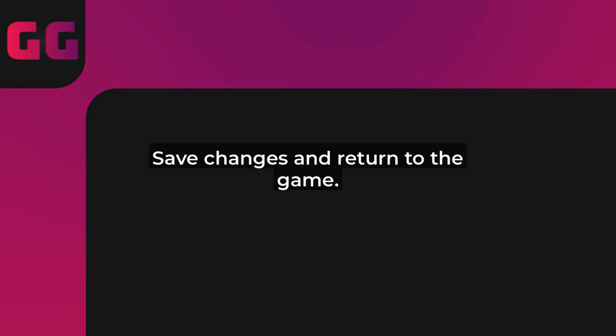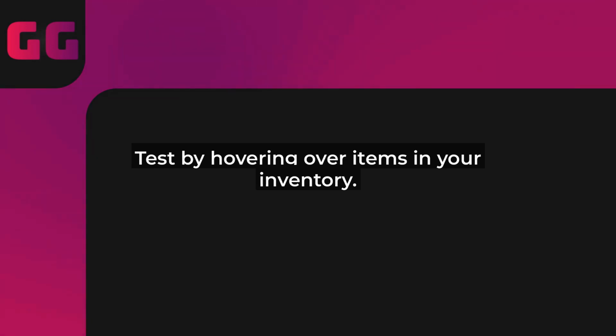To test it out, open your inventory or hover over any item in your hotbar. You'll see a wealth of extra information pop up, like durability, effects, and even lore if it's enabled. Pro tip: if advanced tooltips aren't showing up, double-check that you have the latest resource packs or mods installed, as they can enhance this feature.